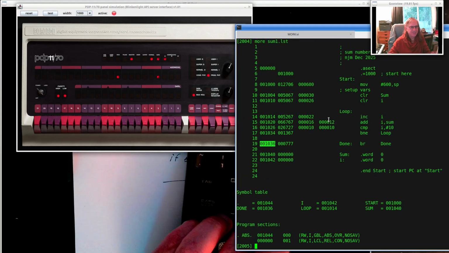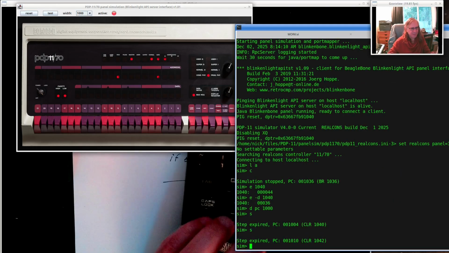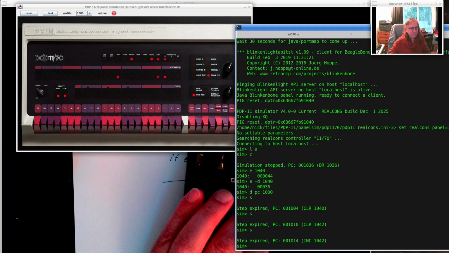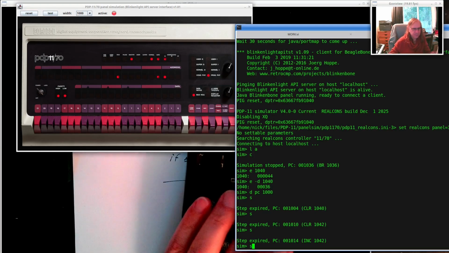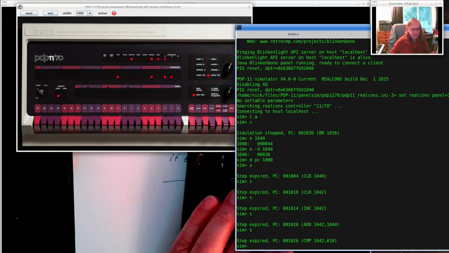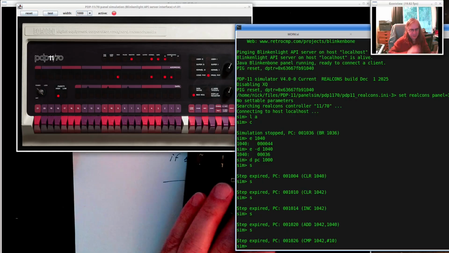And again, 1040 is our sum, 1042 is I. So I'll step. And I'll increment, and I'll add, and I'll compare 1042 to 10, and maybe you already know what's going on here, but when